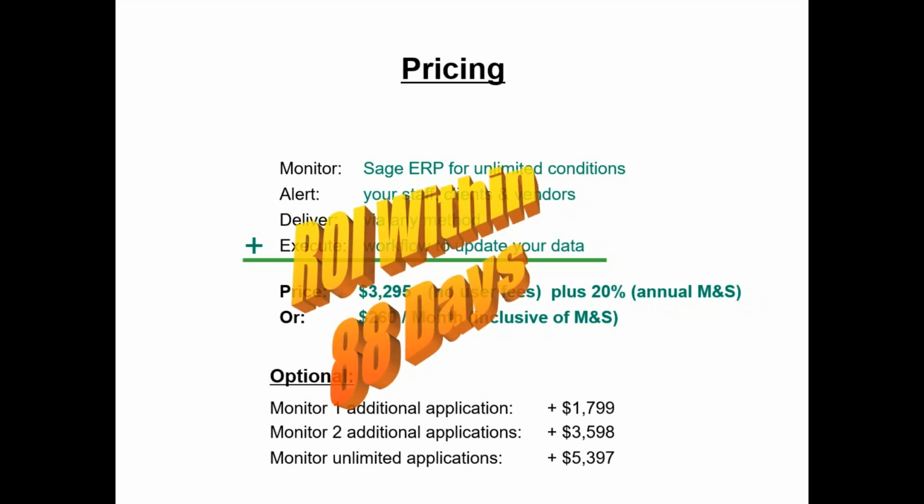A couple of years ago, we surveyed roughly 1,100 customers using Alerts and Workflow. We wanted to get an idea for how quickly they were paying off their investment in Alerts and Workflow. Turned out that the average payback time period was just under 3 months at 88 days. And that ROI calculator, by the way, is available to you for free from our website in case you'd like to see how quickly you could realize a return on investment in your purchase of the Alerts and Workflow technology.